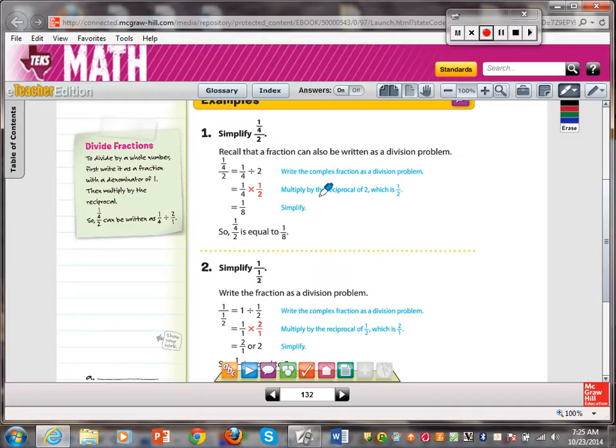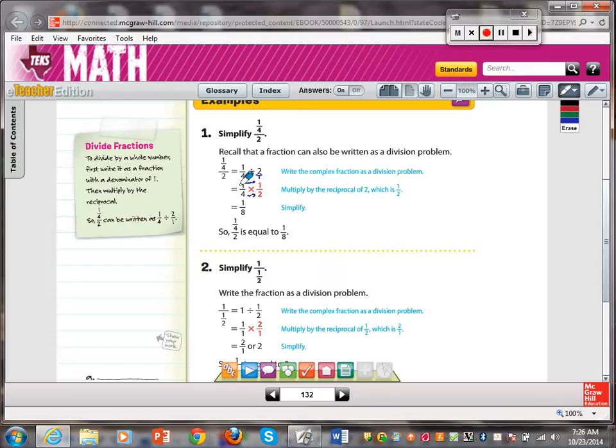Here we multiply by the reciprocal of 2, which is 1/2. Now in this case, 2 should be written as 2 over 1. That way you know that the reciprocal is actually 1 over 2, which is the same thing as when you flip the fraction over. Now, remember that when we do division of fractions, we convert them into multiplication. Once you have them into multiplication, then it becomes very easy because you just multiply numerator times numerator, denominator times